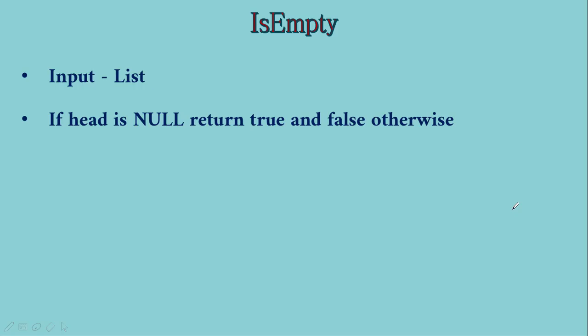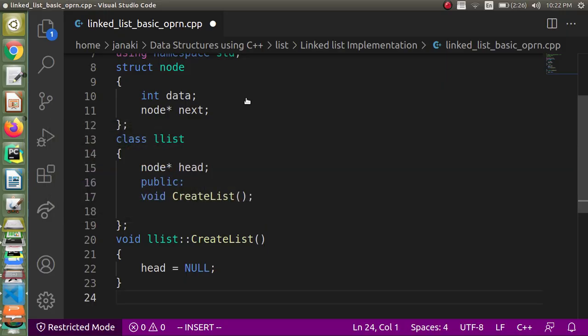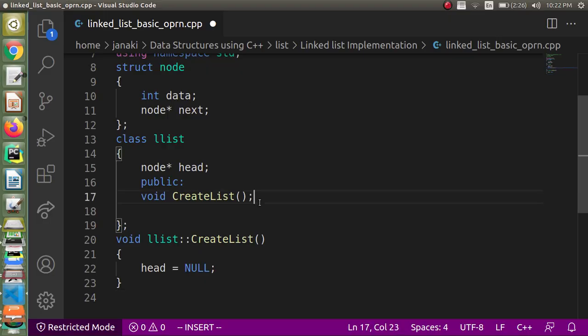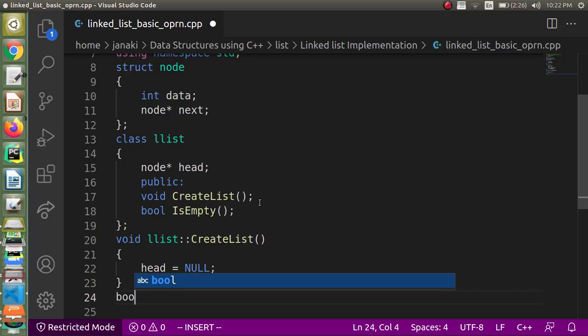So we will just check if head is null, then you are going to return true, otherwise you are going to return false. That's how we are going to check. So declare the function as a member function in the class, and you make the return type as bool, right? Bool is available in C++, though it is integer internally, we can use it as bool. So let us use it as bool itself, right?